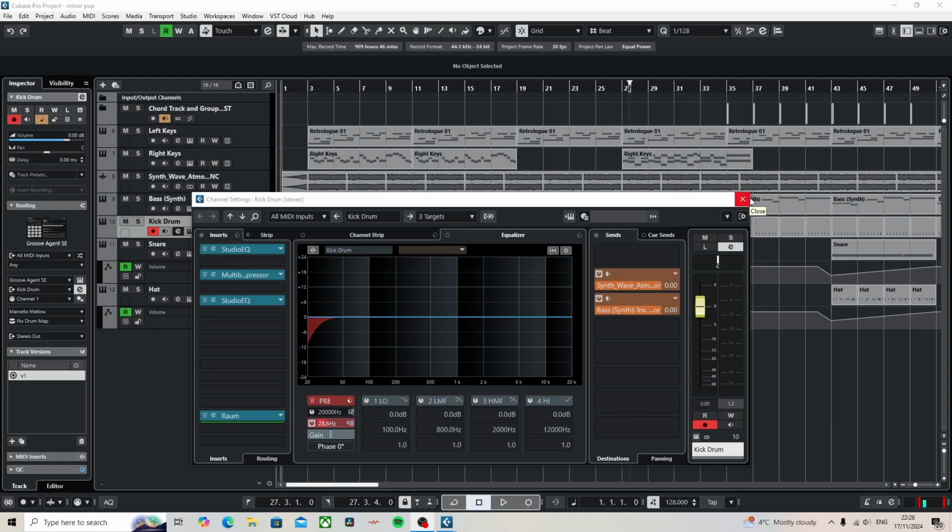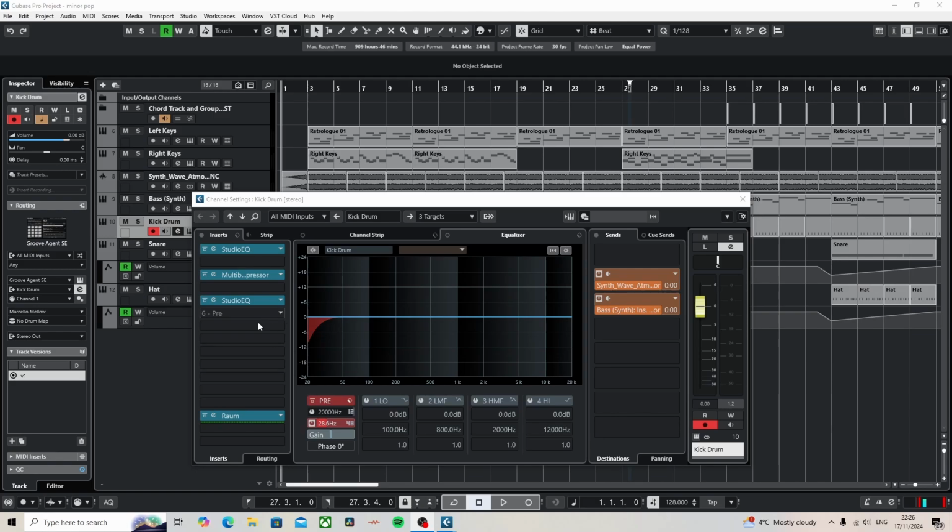Now, what I will say before we get started is every mix is different depending on the genre, depending on the feel, the vibe, the atmosphere, whatever it might be. So I'll do my best to explain as best I can how I've mixed this. As you can see, I've already done a very basic mix on a kick drum. I'm not going to go too in depth and add a load more stuff, but you might want to add